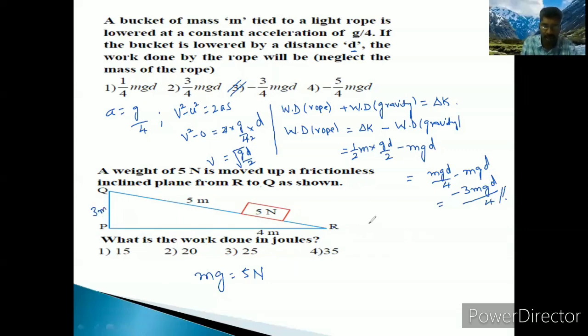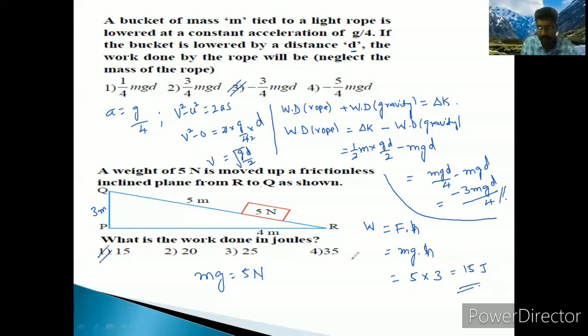So here work done is equal to, what is the formula we can write here? Work done is equal to Fs, the standard formula. F means mg into s. The mg value is 5. The s value, how much did they give here? So here you can consider it as a height, so I will consider it as h. Height 3 means 15 joules is the answer. So the first option is the answer, 15 joules. Next problem is